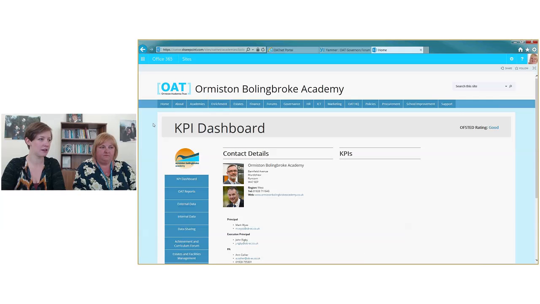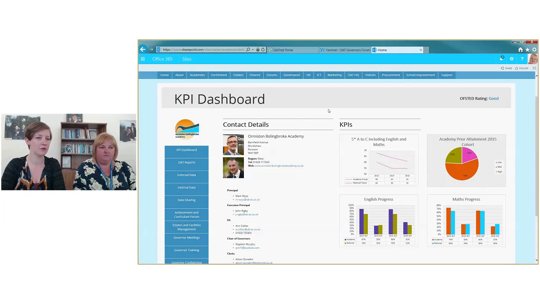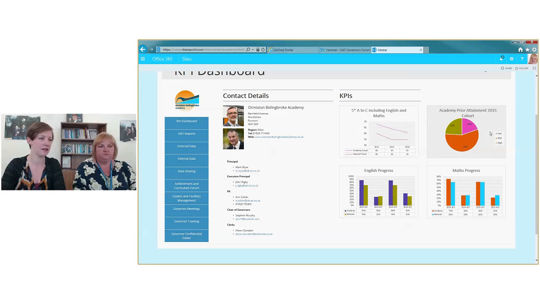And as you can see, we have the KPI dashboard here, and it's a really useful page for governors, as you can see key progress indicators, which may help you develop some questions for your governing body meetings. All governors have access to this. You also have access to external data,